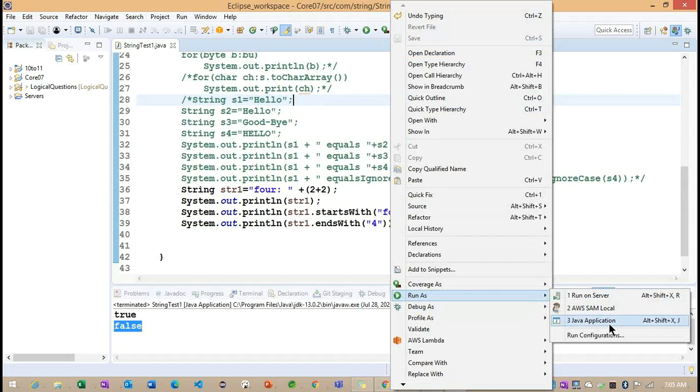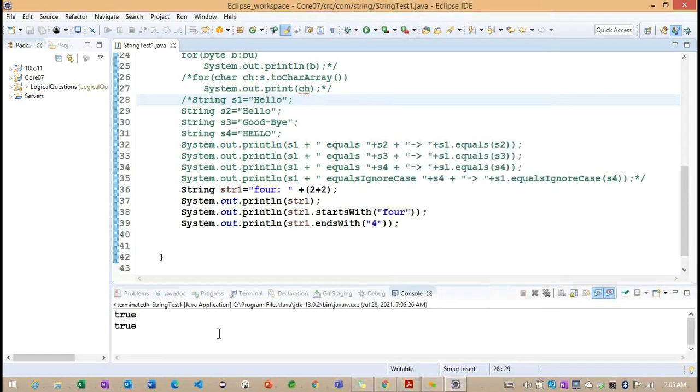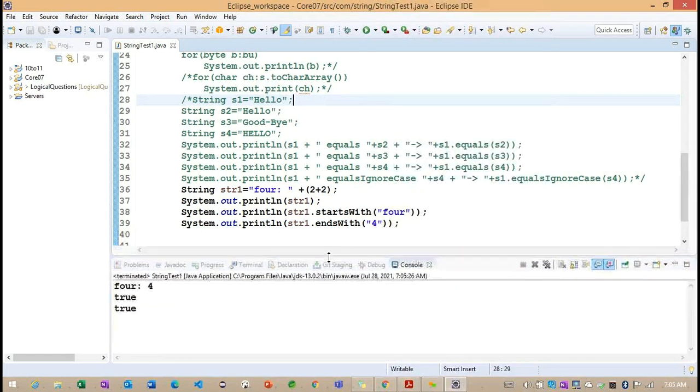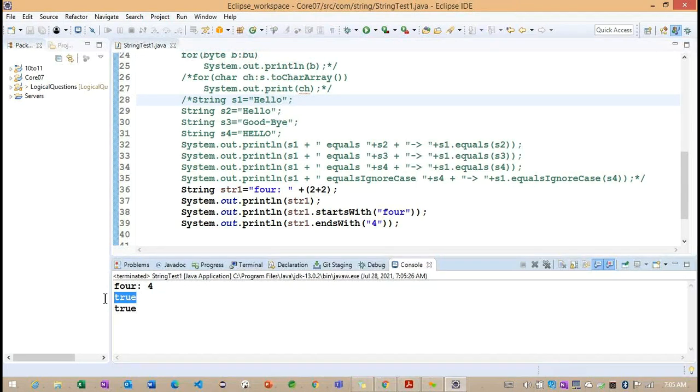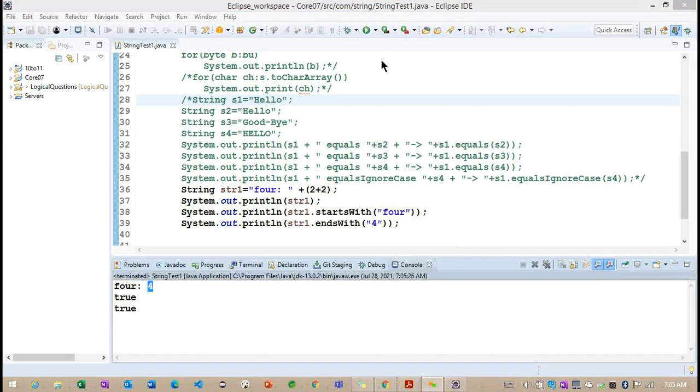Understand the startsWith and endsWith methods here. Now you can see both methods are returning true. This is the startsWith method and this is the endsWith. The string starts with 4 and ends with 4. Getting the point. These are very important methods. In real time, we are going to understand how these methods work.